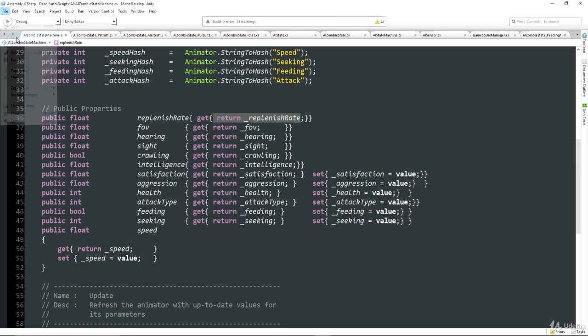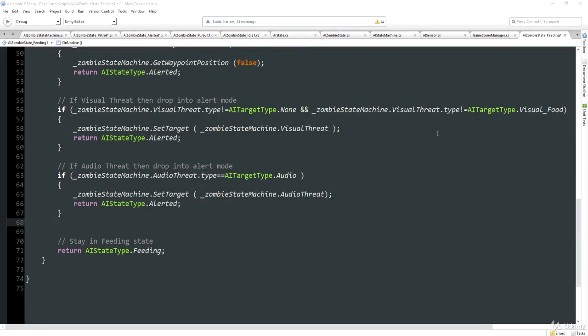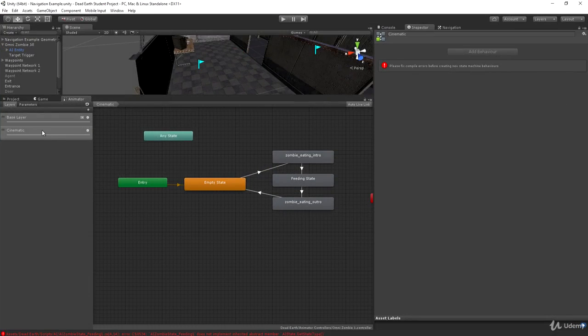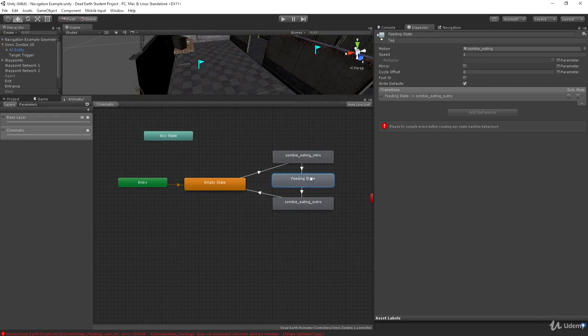So if I save that off now and go back to our feeding script, the next thing we want to do is check if our cinematic layer is currently playing our feeding state animation, and if it is, then we want to start incrementing the satisfaction factor. We want our zombie to replenish. So in order to do that, we're going to use a function of the animator called